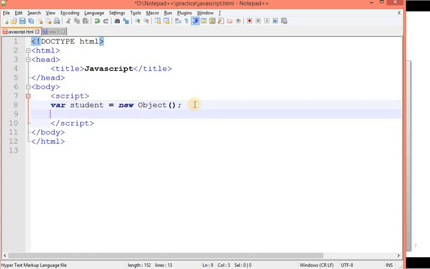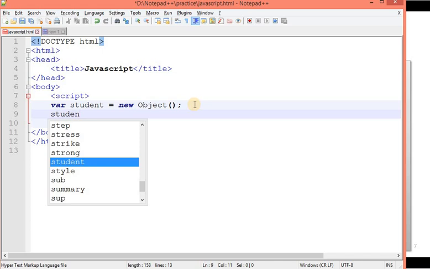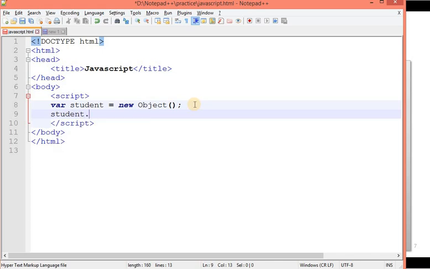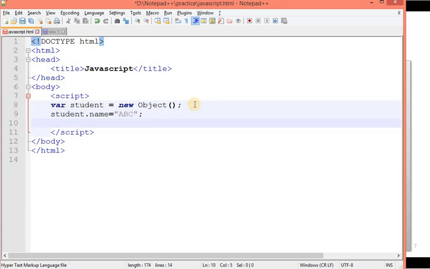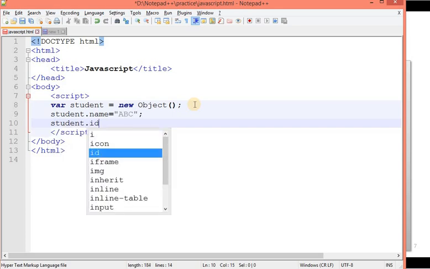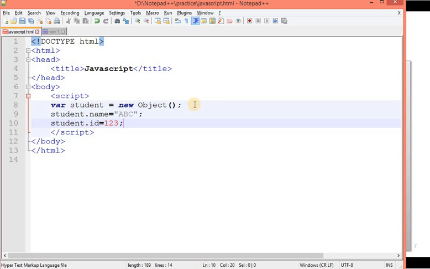Now if I want to add a property, I can do it very easily, just like this. student.name is equal to ABC, student.id is equal to 123. Okay, so we have set the properties.